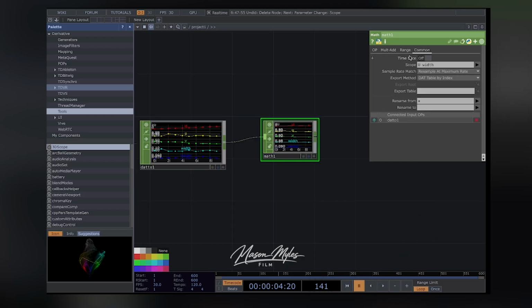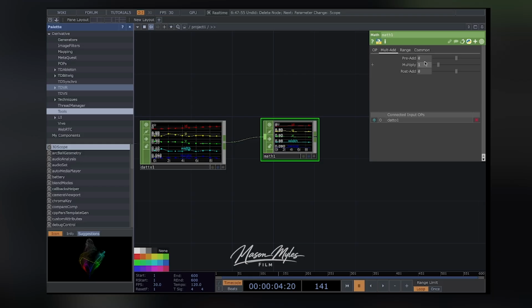Did not mean to do that. Make sure you've got the U and width in there. Going to go here, multiply. Then we're going to change this value right here. So make sure you put operator video dot width in here. So we've got the video width, right? And then we're going to divide this by